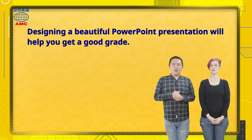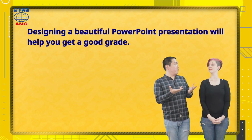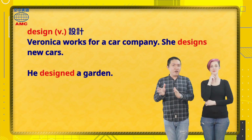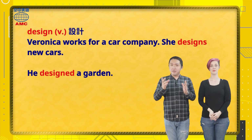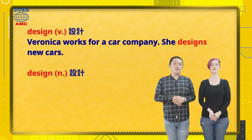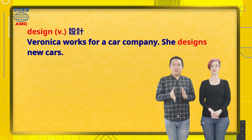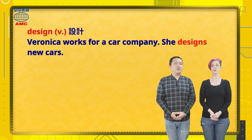没有错。接着文章就说了，设计一份漂亮的 PowerPoint 简报报告会帮助你得到好成绩。That's true. The first one we have a good PowerPoint, and then we have to present it well. Yes. 这句话里面呢，design 这个字当成动词，表示设计的意思。例如我们可以说了，He designed a garden. 他设计了一座花园。那其实这个字蛮好记的，为什么呢？举凡在中文里面有设计的这个意思，基本上我们都可以使用 design 这个字。那 design 呢？同学要小心留意的是，也可以当成名词，那也是设计的意思。例如可以说了，That building is of poor design。那一个建筑物设计有点糟。而刚刚 Kat 老师说的句子里面就是说了，Veronica works for a car company. She designs new cars，就是指 Veronica 在一家汽车公司上班，她呢设计新车。